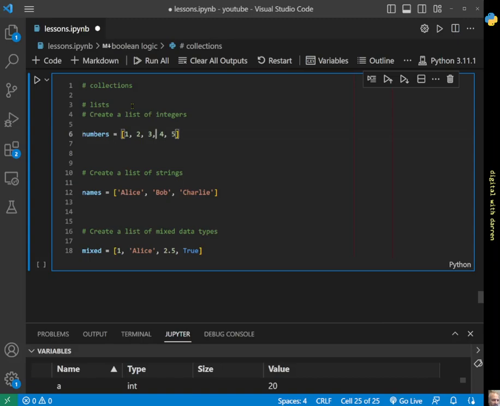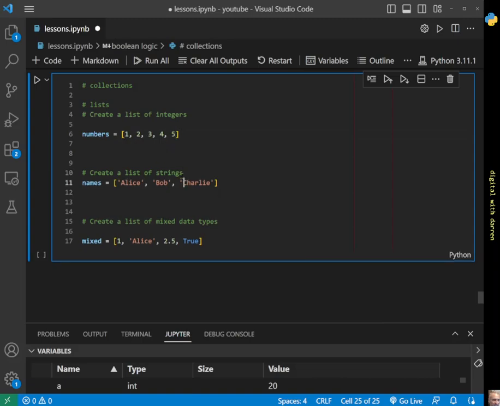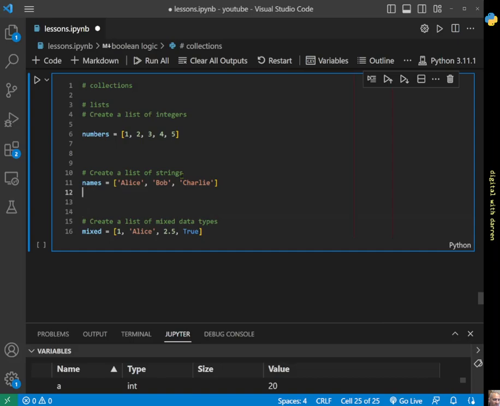Now, lists start from index 0, and what we see here are the actual values. So the indices are 0, 1, 2, 3, and 4, and the values in this particular list are 1, 2, 3, 4, and 5. And that might be a little bit easier to understand when we look at a list